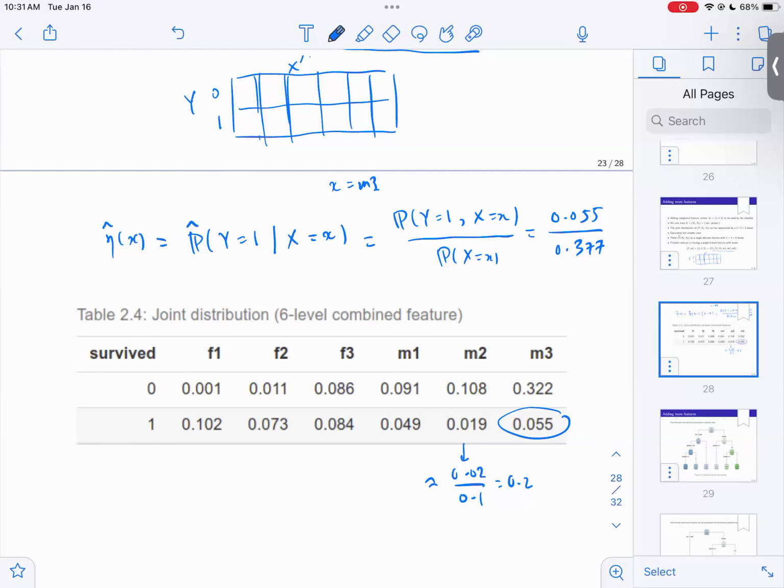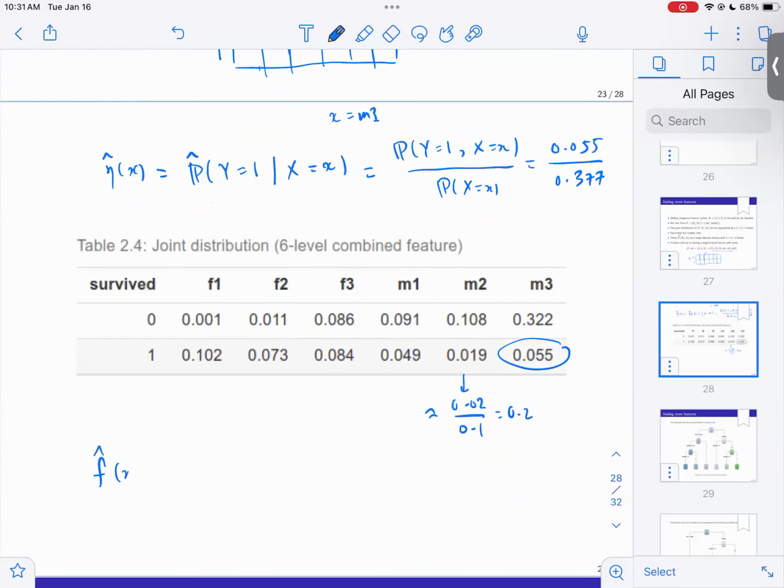This is my estimate of the regression function, and the decision rule is f hat of x equals 1 if eta hat is bigger than 1/2, and 0 if eta hat is less than 1/2. If eta hat is equal to 1/2, you figure out in the homework what to do. So this one, for example, is 0.1 divided by something very close to 0.1. So this is going to be a yes, survive. This one is, let's see if I can survive. This one is tricky.